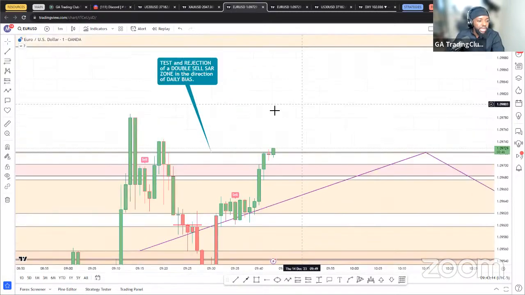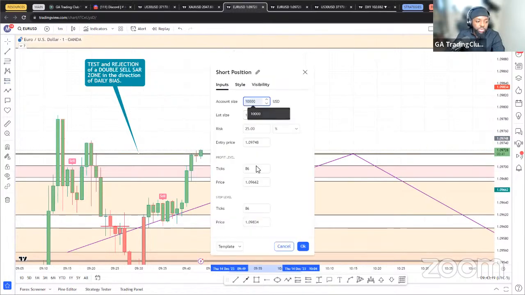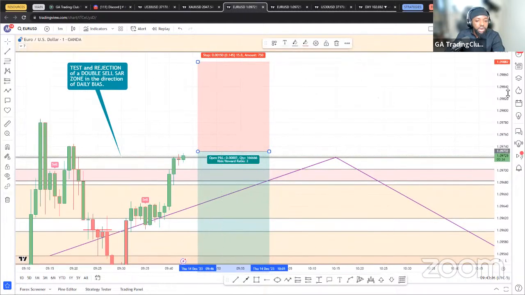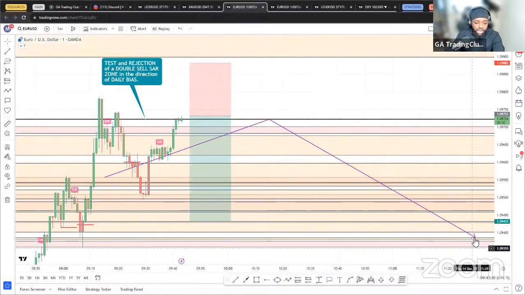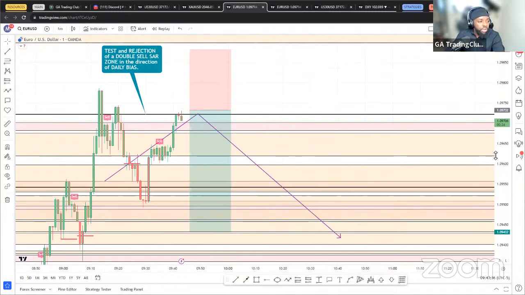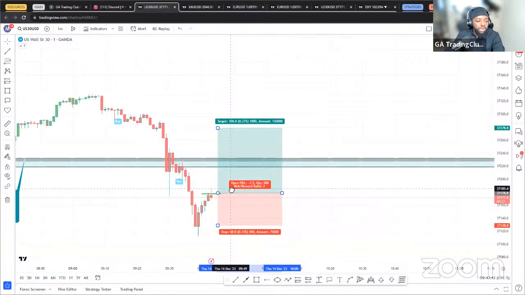A live 1 minute sell SAR. So EU can keep pumping up. That's fine because it means we'll have more momentum to come back to the downside. So we just need a sell SAR on EU. Again, not sending out any official trades. So for me, I'm counting this as personal trades. So whether they win or lose, they won't be part of any official trade. Okay, so here I need two 1-minute candles. So I think those will be my two trades for the day.